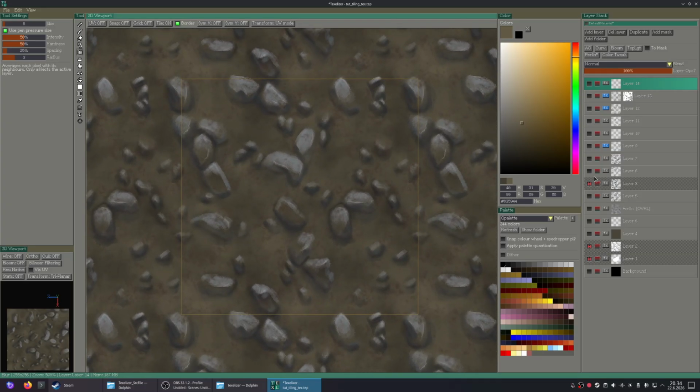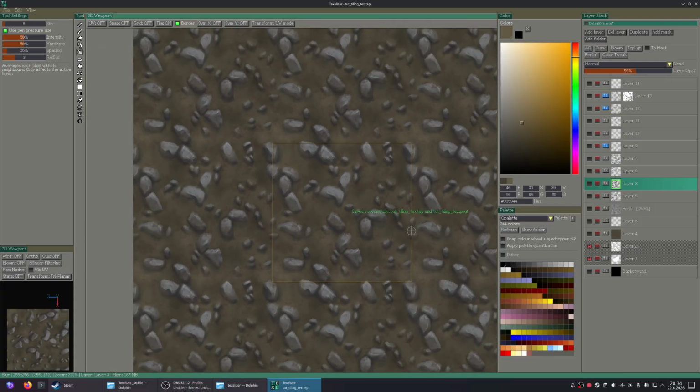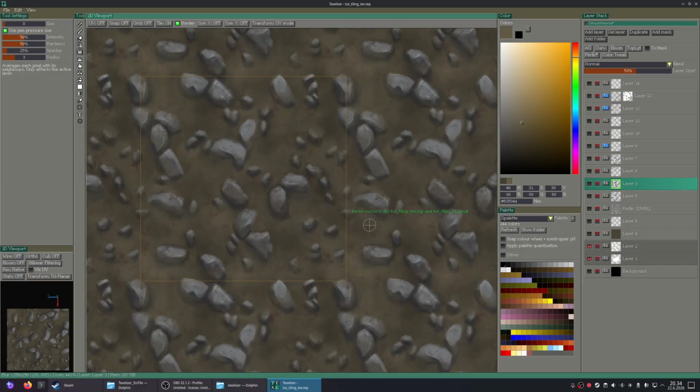Hey, that actually works pretty nicely if I hide the base layer that I made. What if I just tone it down so that it blends more, gets more of the brown color? I think that looks pretty nice.